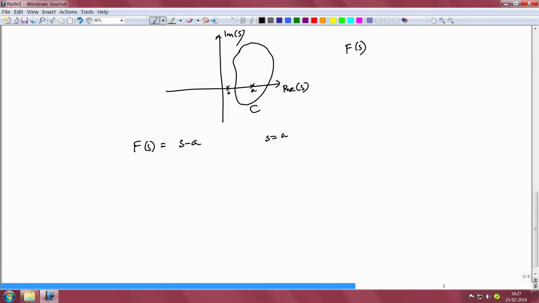It might depend on the exact numerical value of a, and I just see whether this point is inside this contour C or outside that contour. So, visually I can tell. Well, that is so, but